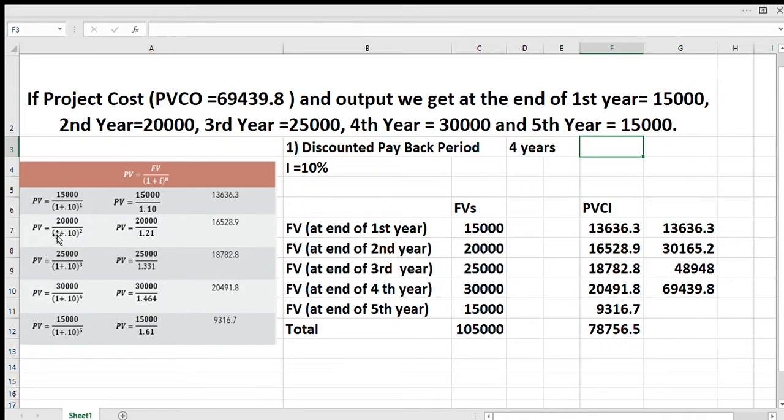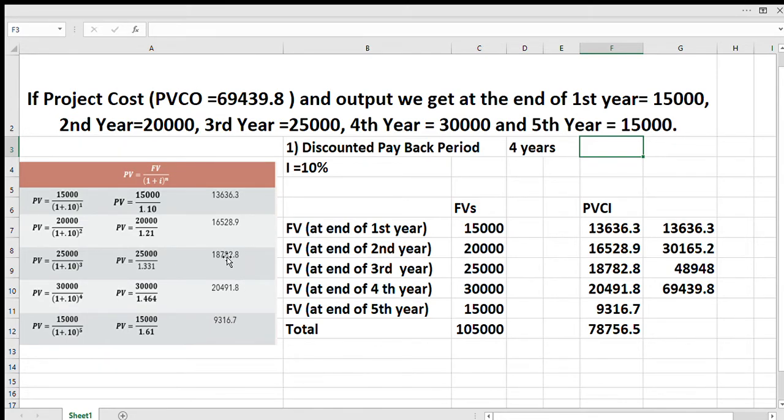If we convert the 20,000 that we will get after 2 years into the present, it will be 16,528.9. And third, the 25,000 that we will get at the end of 3 years, in the present it will be